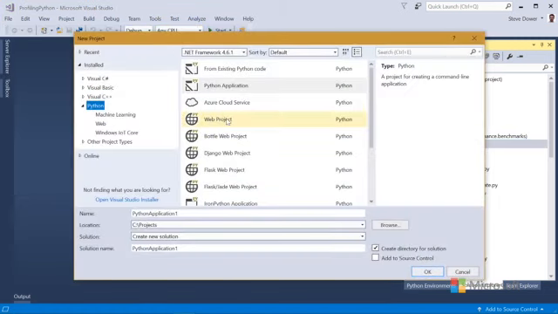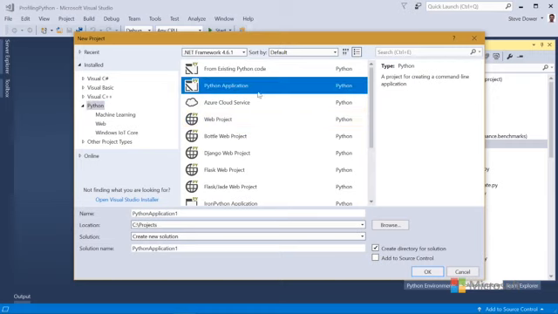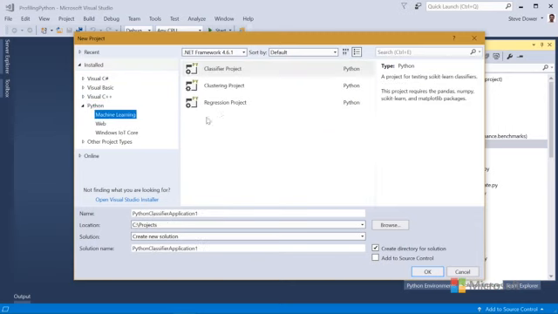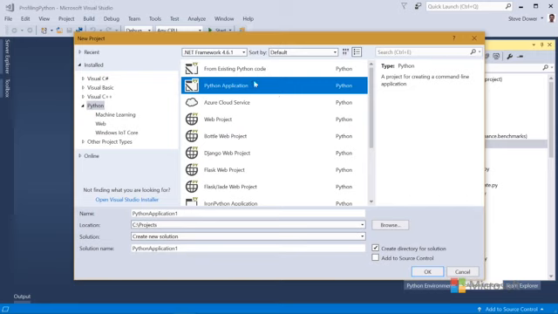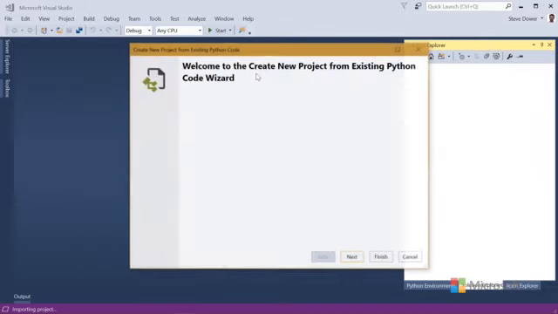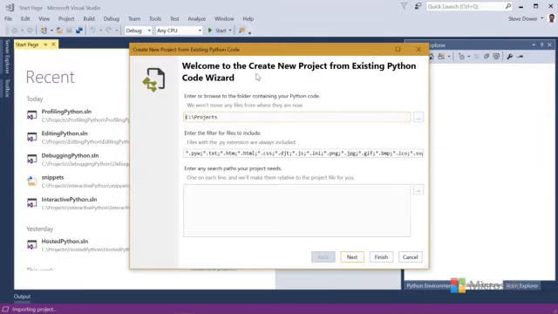This window offers you a whole lot of templates that are built into Visual Studio, including basic Python applications, web templates, IronPython projects, samples, some machine learning samples, IoT. The most likely one you're going to want is the Python application, which is essentially an empty project, and the From Existing Code wizard, which will help you pick up existing Python projects on disk and bring them into Visual